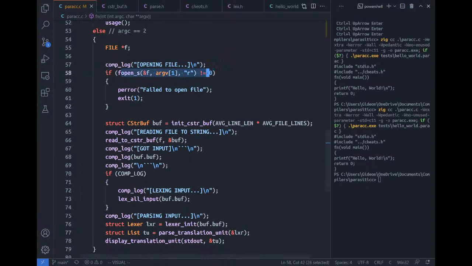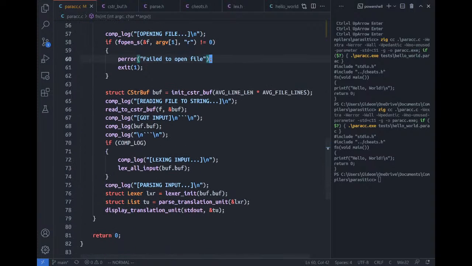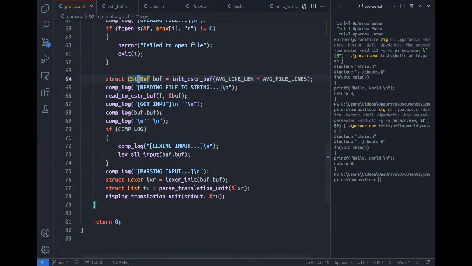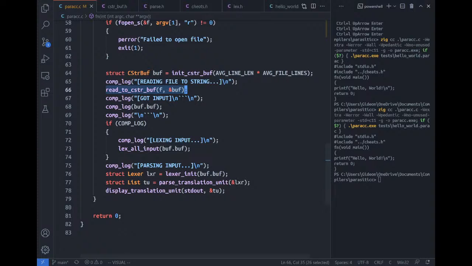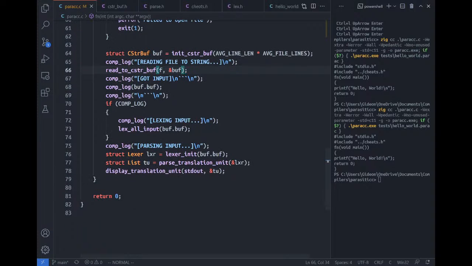We open that file, and then we create a string buffer. This is my probably insecure string implementation. And we read the file to the buffer, and there's some panicking where it'll exit the program if there's an error. And then there's some logging here, but that actually doesn't work unless you